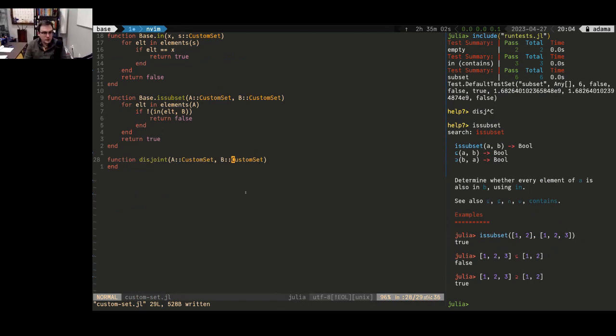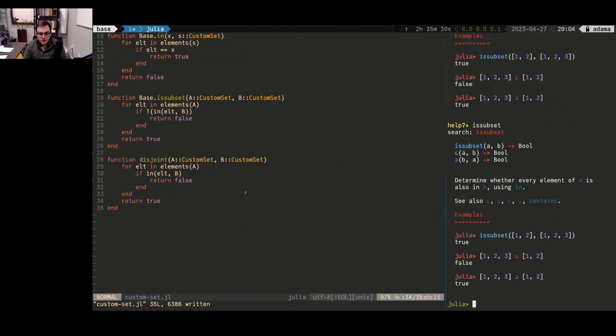So what I can do here is the same kind of thing for each of my elements. The opposite now: if this is an element of B, I return false. Then again, if I make it through this whole loop, I'm good. And if I run my tests here,